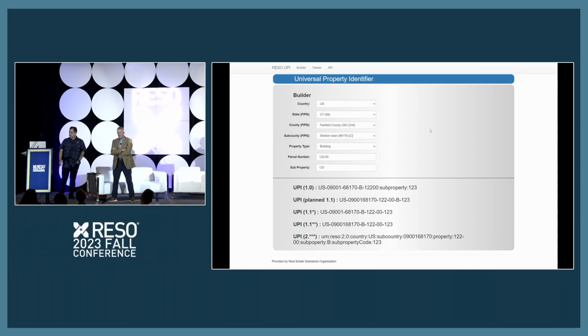Right, and not to overstate it, but especially given it's a volunteer group, we've had more interaction in the last 2 months than we've had in a long time. So I feel like we're at a point where we can make some good decisions, get some adoption, and really negate the need for the group moving forward. Or if we don't, we're going to be in this continual loop of, I don't know, what do you think? Exactly. So it's an inflection point in the group. We're no longer looking at all the different ways you can do a UPI. That took years. Now we're focused on when we have a really good solution, and we're tweaking it because it's very important that it works. That's what we want to make sure we have.